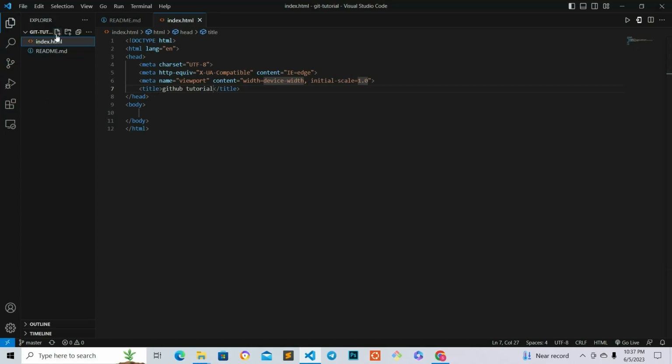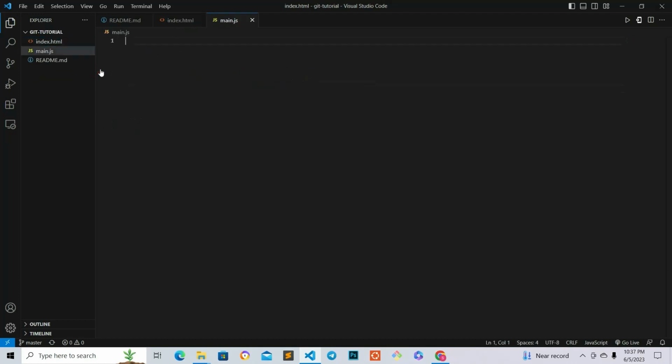From here, let's create a new file called main.js, and let's also create a new file, let's call this index.php, and let's create the last file, and let's call this style.css. So now we have 3 extra files that we just added to our project, and we want to